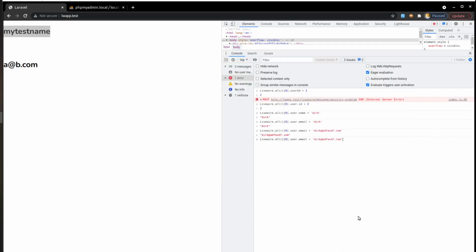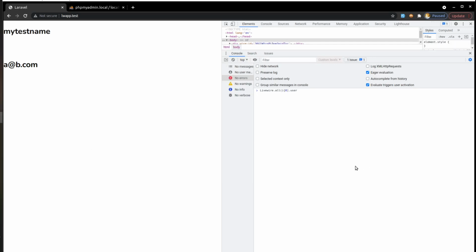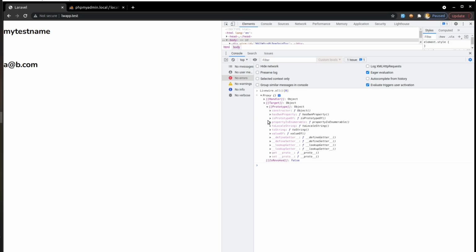Okay, user exists. Maybe we can print it out here. That's not even relevant. Let's reload. Let's see what we actually get when we output this. So it gives us a proxy. I'm sorry guys, it's so small, I know. Was it a handler? I think it just has get and set. Anyway, so this is a way to secure it